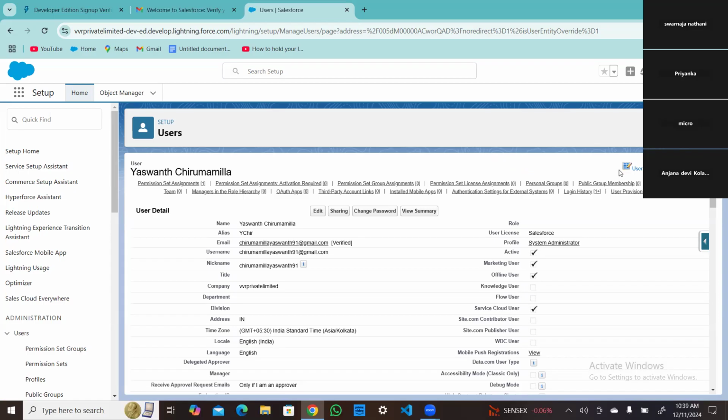Okay, in real time, guys, sometimes someone will say, "I'm not able to access that app." Then this is the place we should come and see. Let me check your user record and whether you have access to that particular app or not. This is nothing but user management. Whenever you want to access Salesforce, you should have a user record. Without a user record, you can't access anything. And I'll explain more on this.